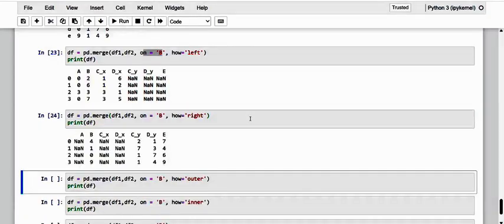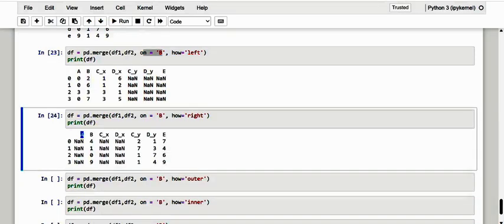So see here, from the result you can see column A, which is present only in the left data frame, has the value only in the indexes that have the same value on B in both data frames. All other values are enhanced with NaN. And column B is identical to that of the right data frame.